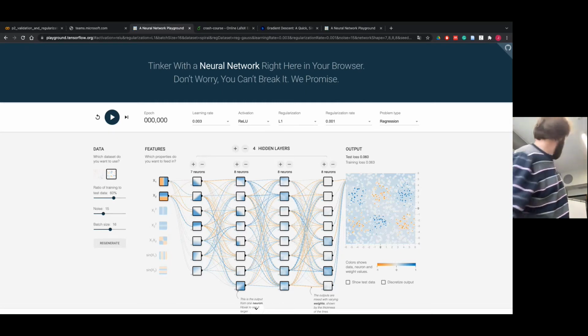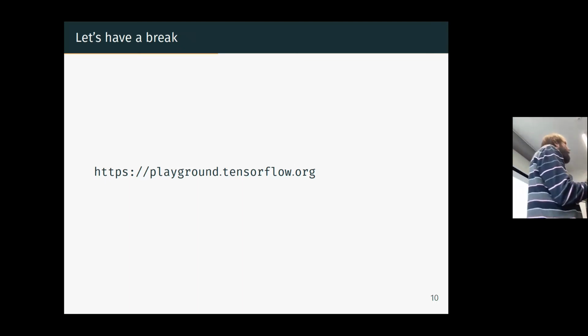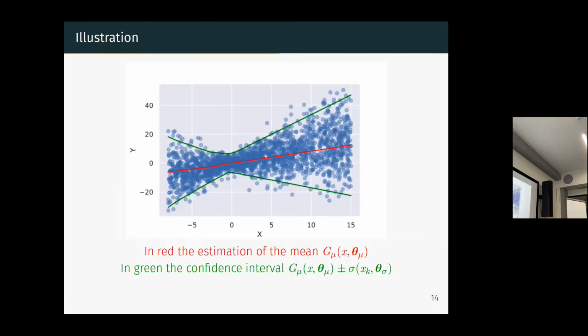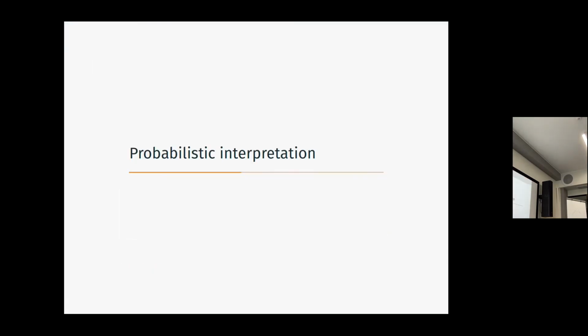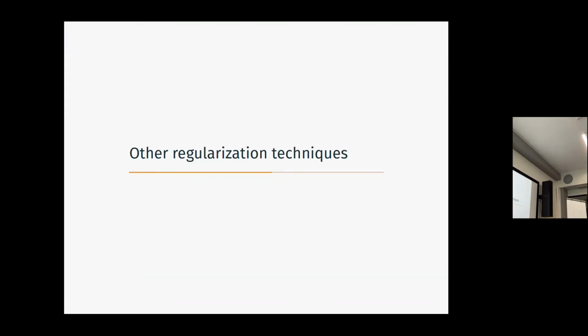So let's go back to the lecture, but this is okay. The link is on the slides, and if you have some time to spend on that, it helps a bit to understand what role the different parameters play. It's a very nice tool, I would say. Here I don't know why, but I copy pasted the same thing. Maybe I won't go through that now. It's a bit difficult aspect, and I would like to spend some time on that.